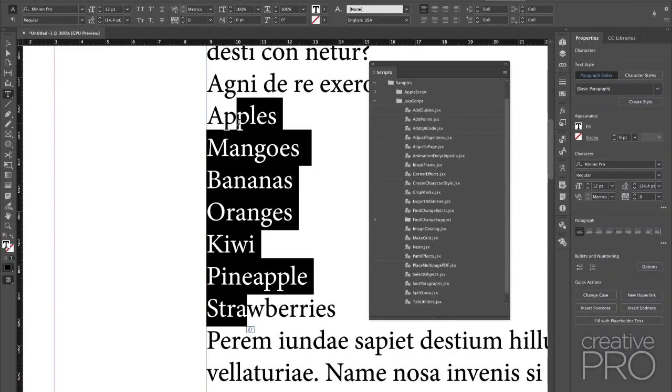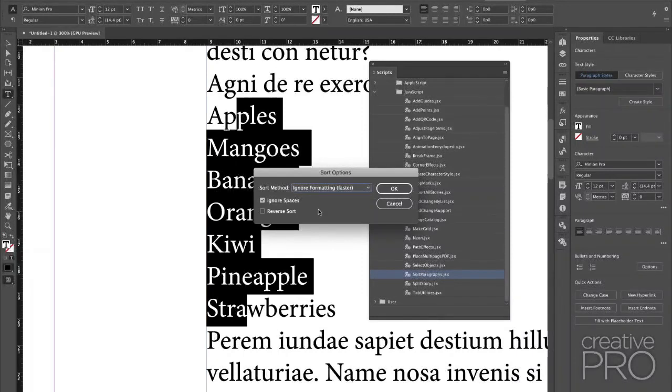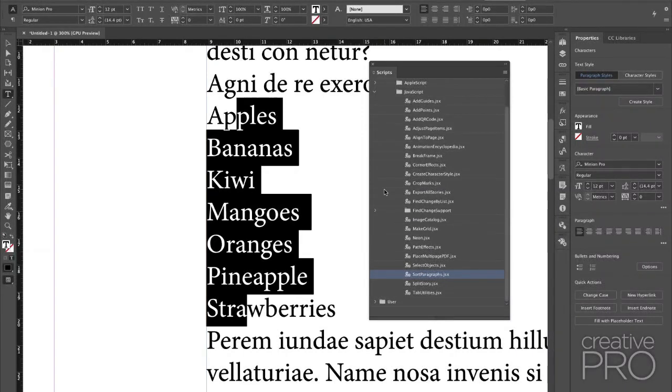In alphabetical order. Well, there's no sort feature inside of InDesign, right? But there is a sort script. So inside Samples, JavaScript, I can scroll down here and look at that: Sort Paragraphs. And to run a script, it's very complicated. No, not really. To run a script, all you have to do is double-click on it. Double-click on it, click OK, and boom, now it's in alphabetical order. Really, really easy. It's so great that all those features are in there, but as you said, they're hiding inside this folder.